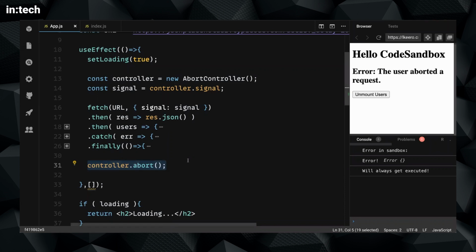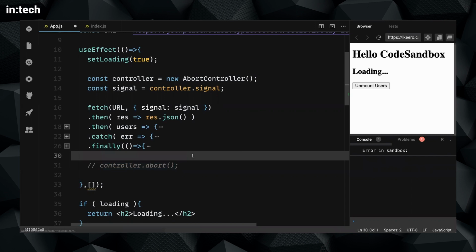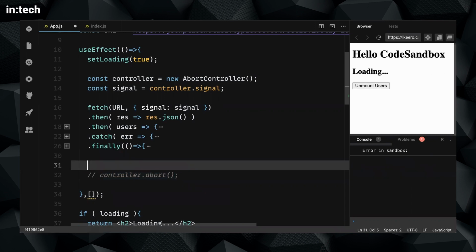Now, of course, I don't want to abort the request when it just started. I want to abort the HTTP request only if this component gets unmounted. So if at some point this user's component gets unmounted, I want to run the controller.abort so that the HTTP request just gets aborted, gets canceled. The way that I can do it is by returning what is called in React a cleanup function. So when we are inside the useEffect, the last thing that we can do in the useEffect callback is return a function,